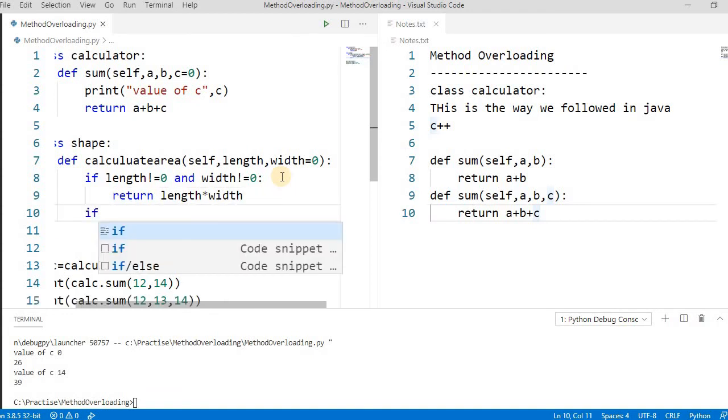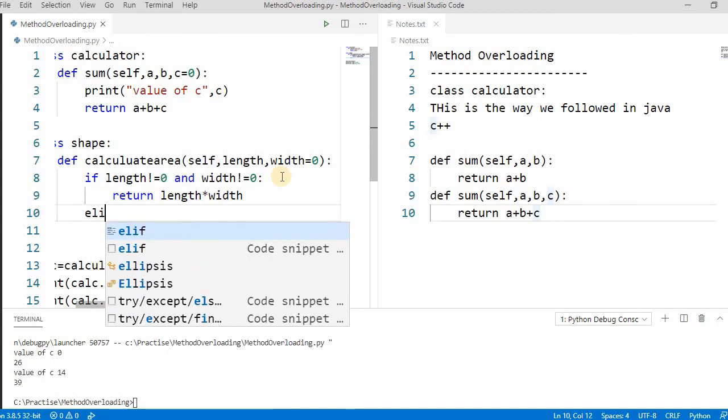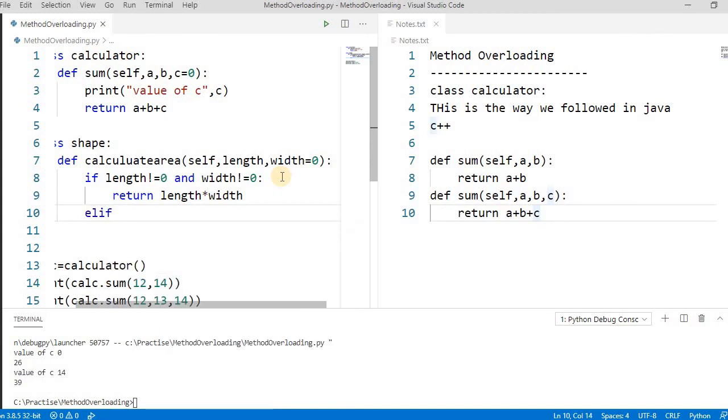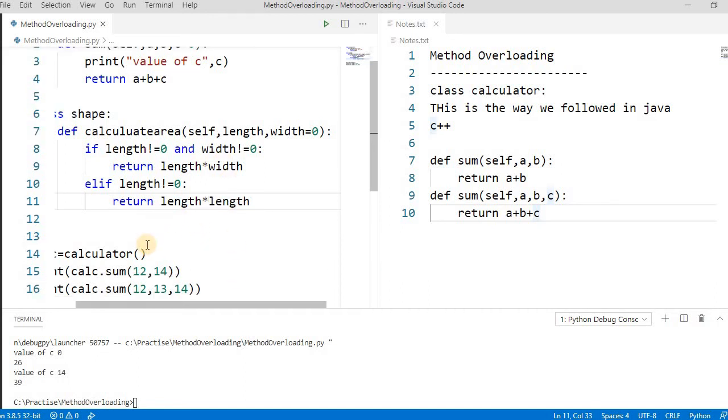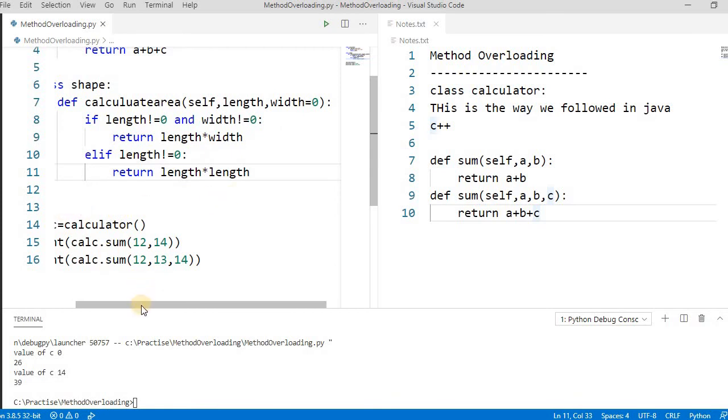Again, we write elif length is not equal to 0, return the area of the square, length times length, or the side squared, simple.